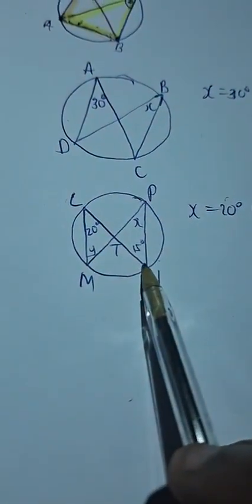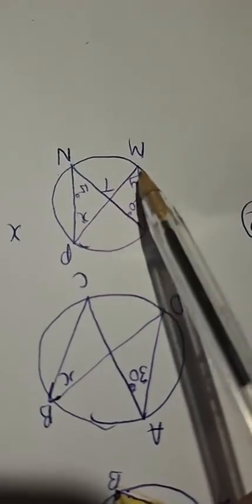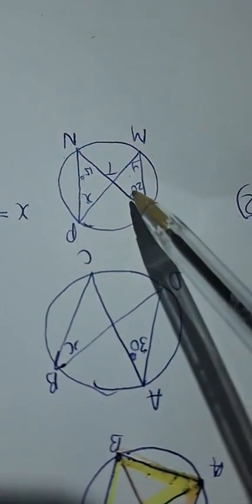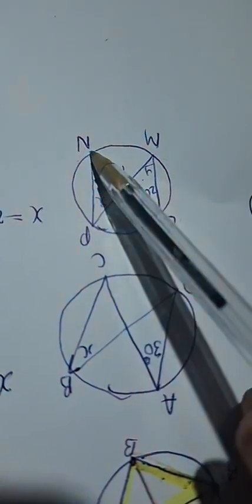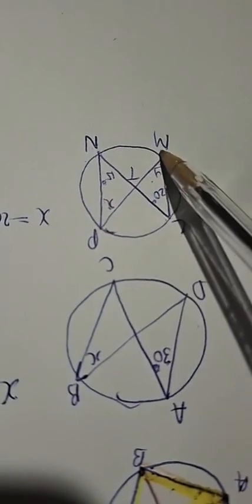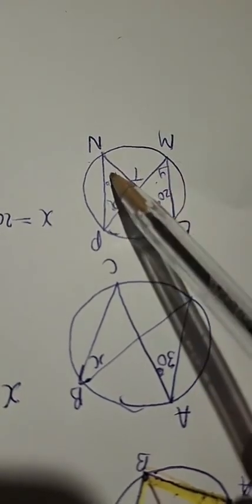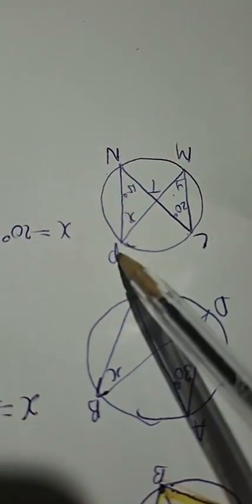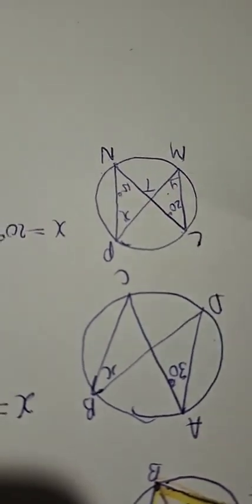What about y? Arc LP. If you need to turn around the diagram, arc LP, you can see, arc LP subtends angle N, arc LP also subtends the angle M, which is y. So what is the relationship between the y and the 15 degrees? They are both subtended by the same arc. So therefore, what do we say? y is equal to,